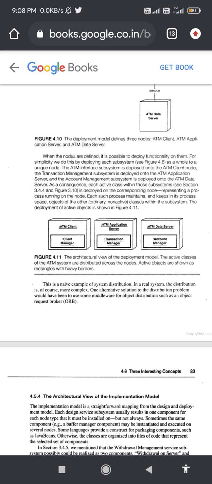Each active class within those subsystems is deployed on the corresponding node. This represents a process running on the node. Each such process keeps in its process space the objects of the other classes within the subsystem. Here the deployed active objects are shown below.